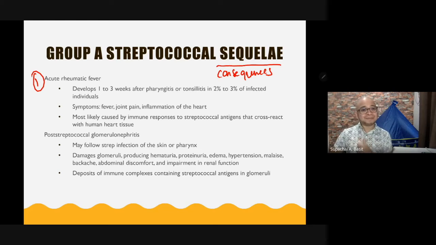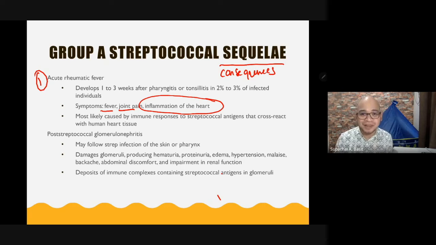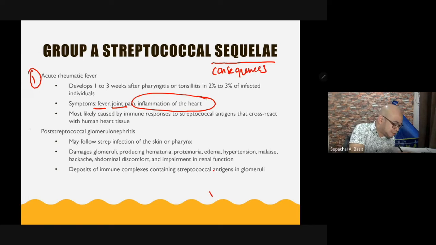So here, symptoms would include fever, joint pain, and what makes it worse is the inflammation of the heart, which could lead to heart attack and it could be fatal. So most likely, it is caused by the immune response to streptococcal antigens that cross-react with human heart tissue. So your immune system thought that it's actually destroying streptococcal antigen, but not knowing it is already destroying the human heart tissue. Hence, it's an inflammation of the heart. Okay. Another consequence of having streptococcal infection is